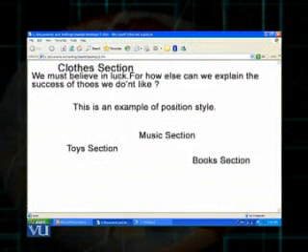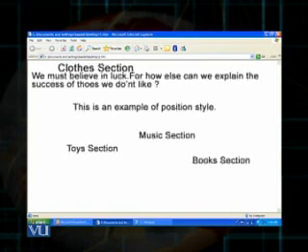Here I want to show you another example in which I have used the position property value as relative, and then you will be able to understand the difference between absolute and relative. So you can see this example. There is the result before you of a code where I have used the position property, both absolute and relative values for this position property.